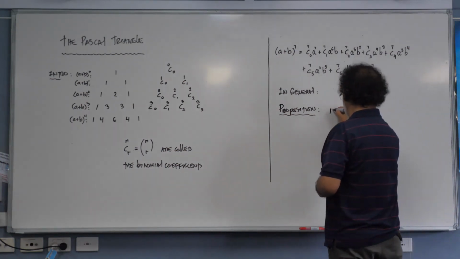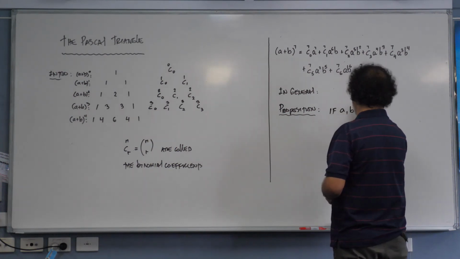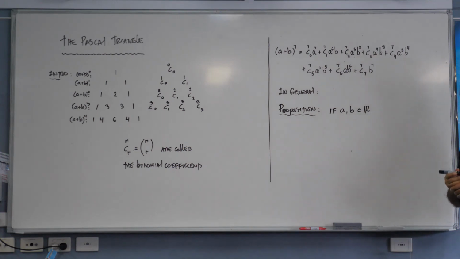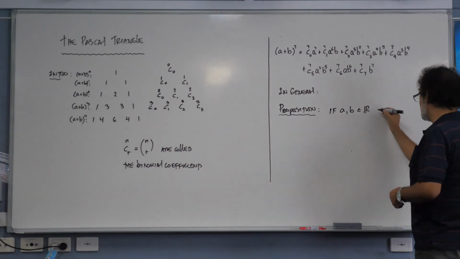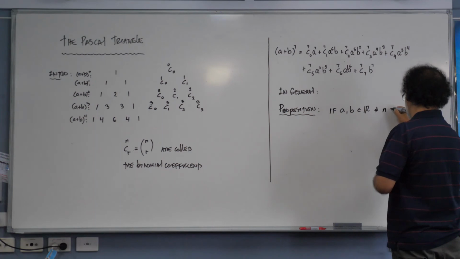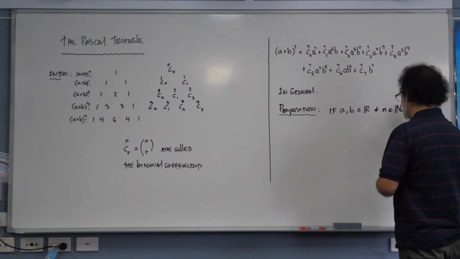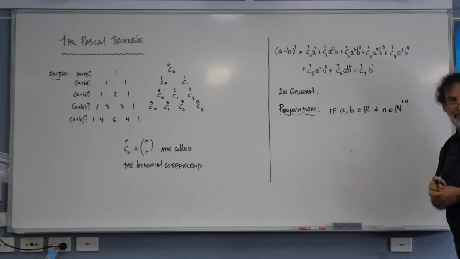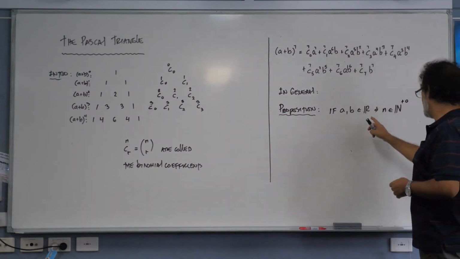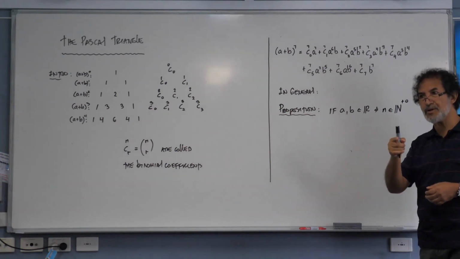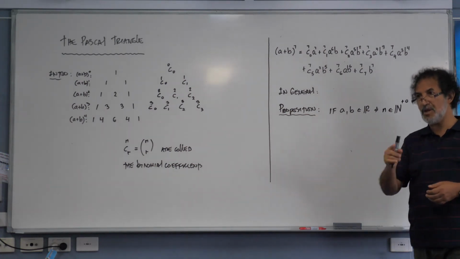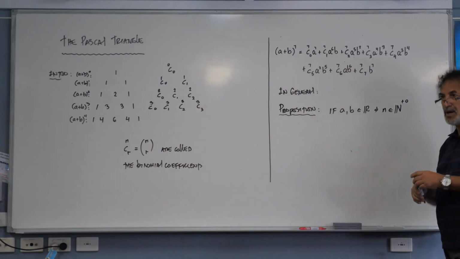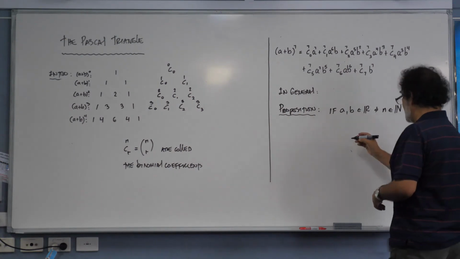We're going to say if a and b are real numbers, and n a natural number, so counting number plus 0, so we include 0. What's a natural number? 0, 1, 2, 3, 4, 5, 6, 7, and so on, but not negative, no fraction, just whole positive numbers. Okay. Then,